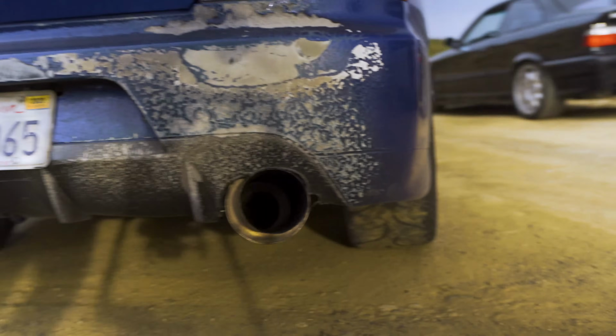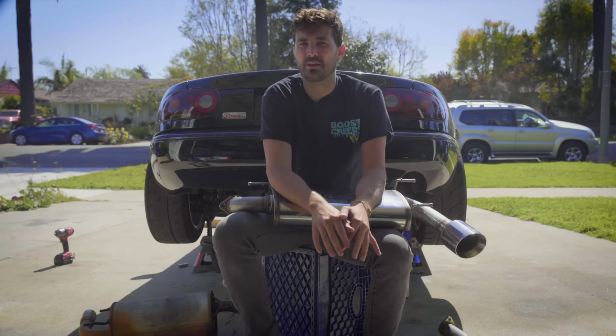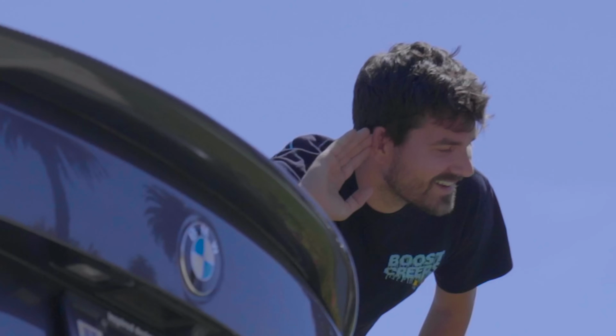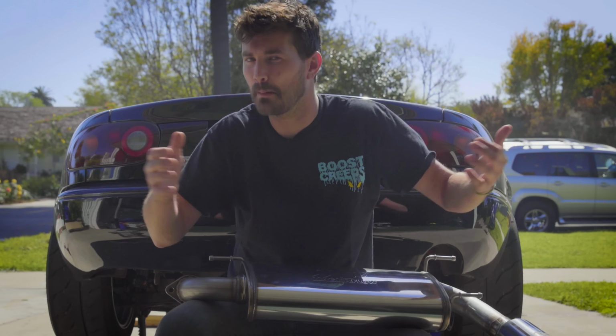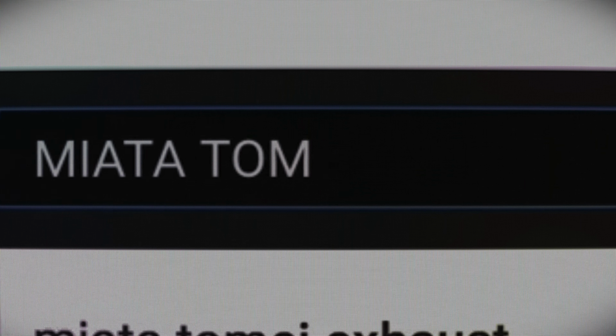They also usually tend to make more noise than stock due to the decrease in restriction and the change in muffler design. Now, that part is obviously awesome as long as the muffler is designed to sound good and the engine that you're putting it on is capable of making good noises. That's a big part of this. Hit the YouTube and the Google. Find examples of your car with specific exhausts. Chances are, if somebody makes an exhaust for your car, someone out there has bought it and someone has made